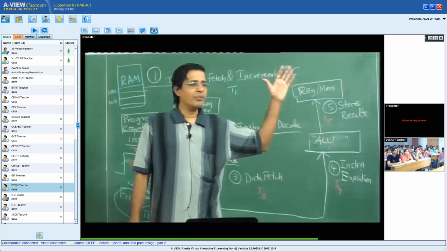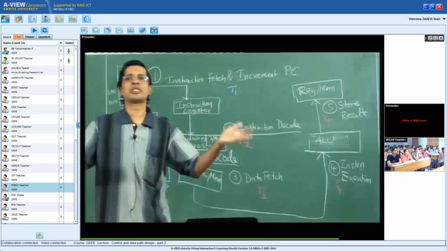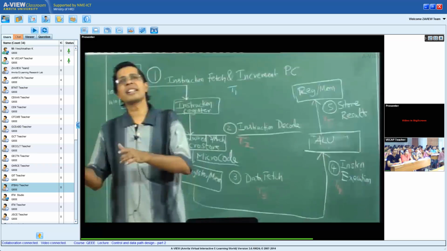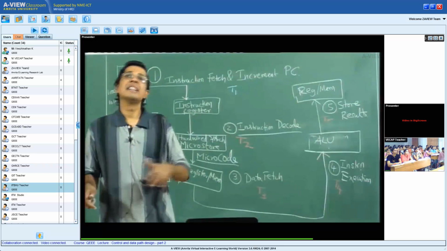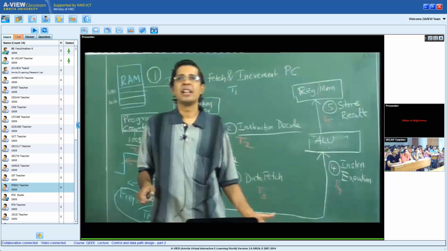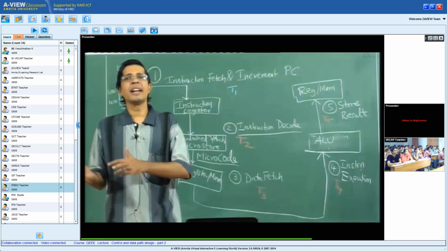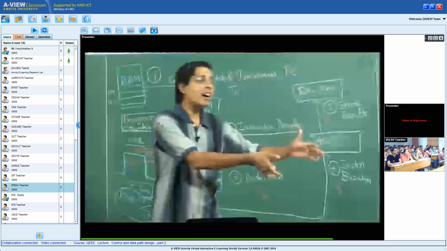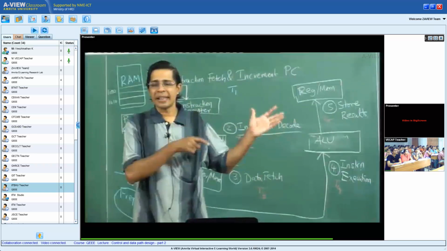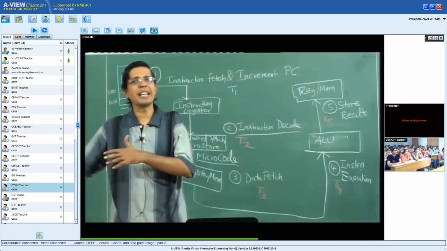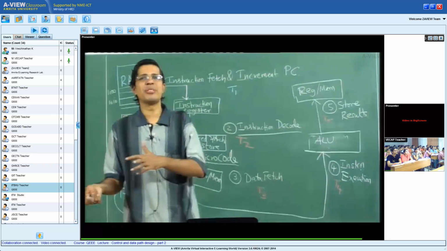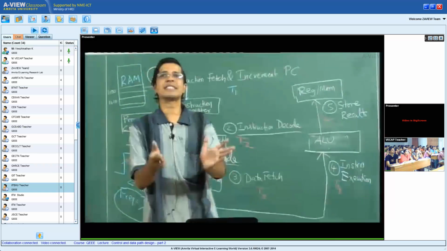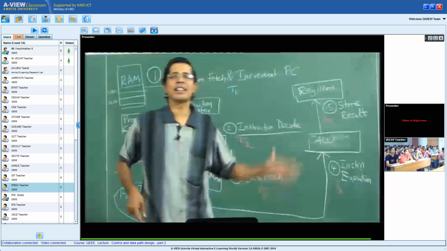Suppose there are 4 cars to be made. The first car's body is assembled. When the first car's tires are being fitted, the second car's body can be assembled. When the first car's electronics are fixed, the second car's tires could be fit, and the third car can be assembled. And then when the first car is painted, the second car's electronics could be fixed, the third car's tires could be fixed, and the fourth car could be assembled.